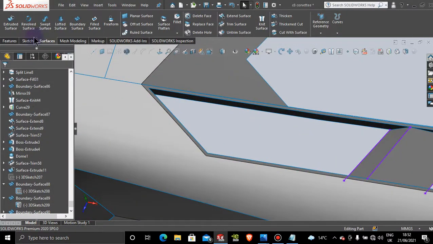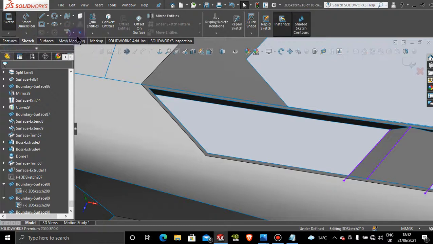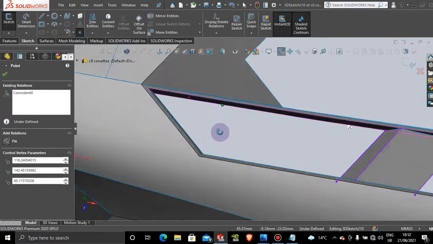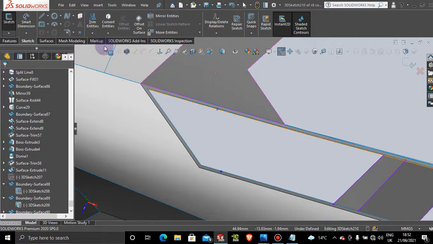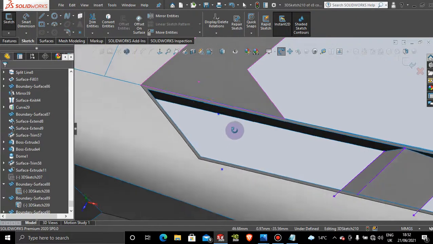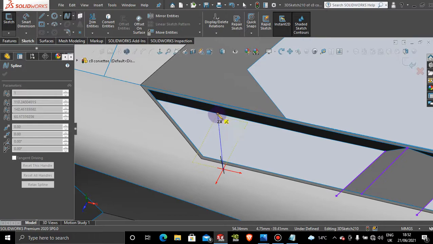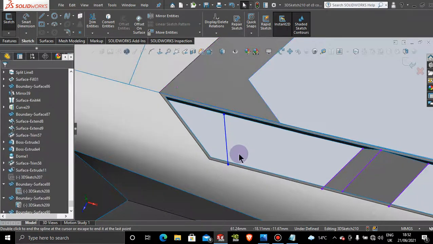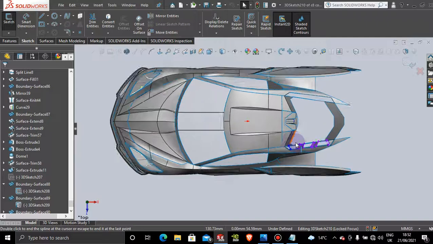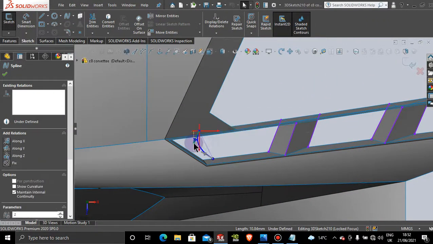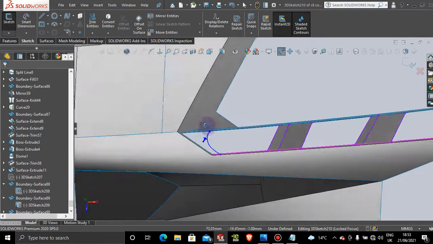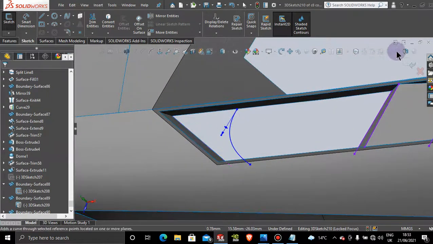So we're just gonna add two 3D points to this sketch. We're gonna add one about here and one down here. And then add a spline from this point to that point. Get to the top of that. And then we're just gonna pull that this direction. Okay, and then exit the sketch,